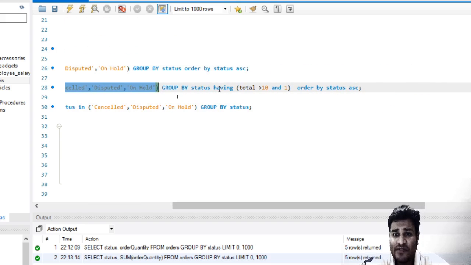And we say that this summed up value, which is total, should be greater than 10. We can use some other value. Say it should be greater than 10 and total should be less than 30. And then we also need to sort it, so we say order by status, ascending order.